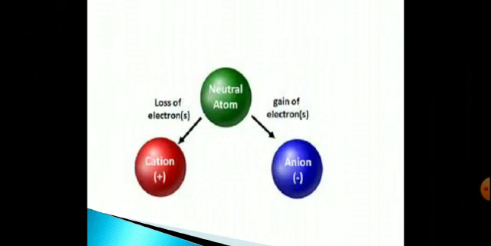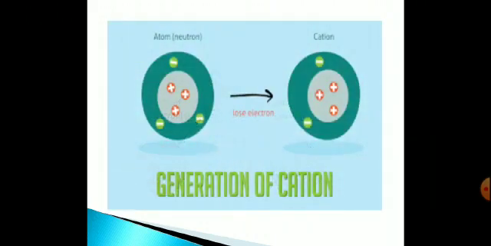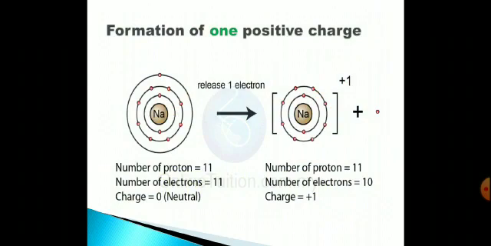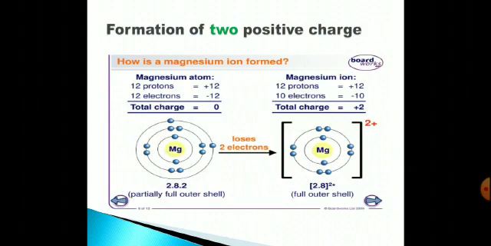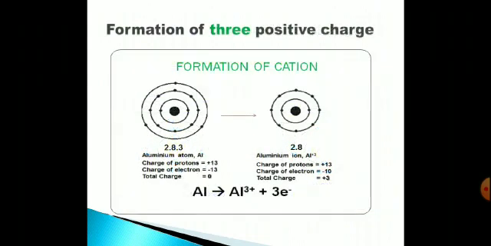When a neutral atom loses its electrons, the number of protons remains the same. So, if it loses one electron, one positive charge in the nucleus is more than the negative charges, and therefore it acquires a single positive charge. If an atom loses two electrons, the nucleus has got two extra protons, and the entire ion now has two positive charges. So the cations are positively charged and are formed due to loss of electron. Here I will show the example for formation of three positive charge also.